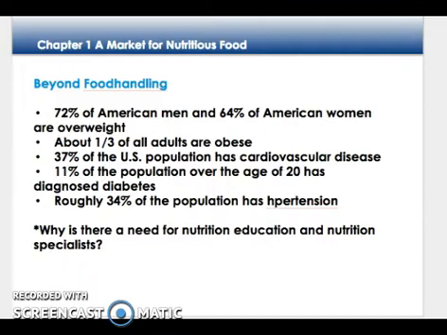Nutrition experts are also encouraging the public to eat foods with higher levels of nutrients like fiber, vitamins, and minerals. Now, these trends are going to affect local restaurants and food service operations because a larger number of people are looking for dishes that fit their physician's recommendations. And that is why you are going to see a need for nutrition education and nutritionist specialists. These careers are budding and they are becoming more and more important in daily operations of fast food restaurants, of hospitals, of food service